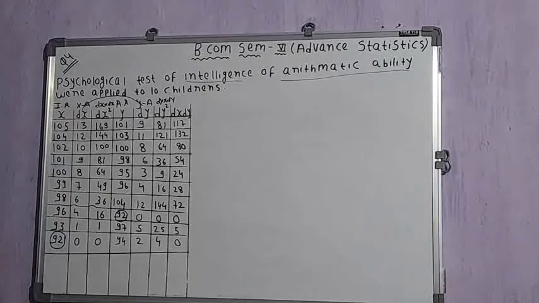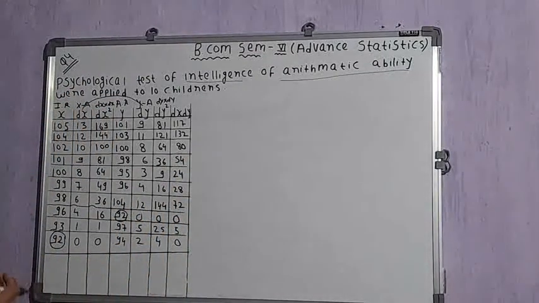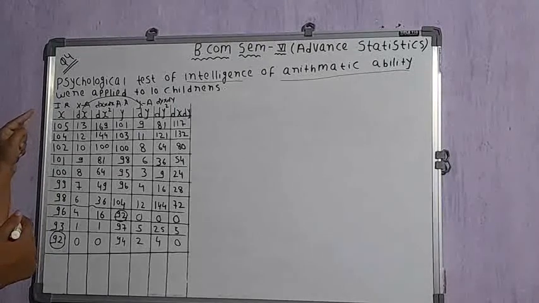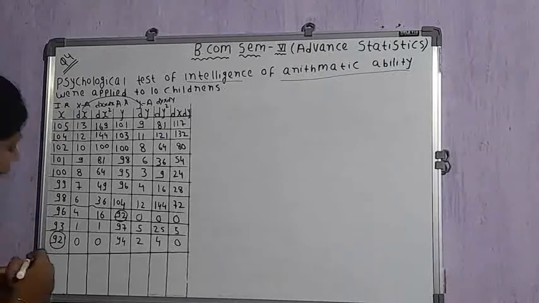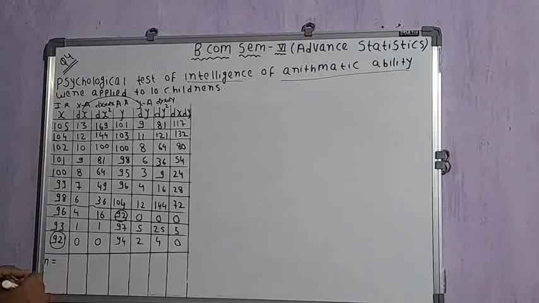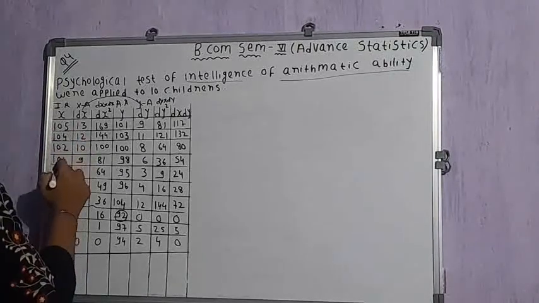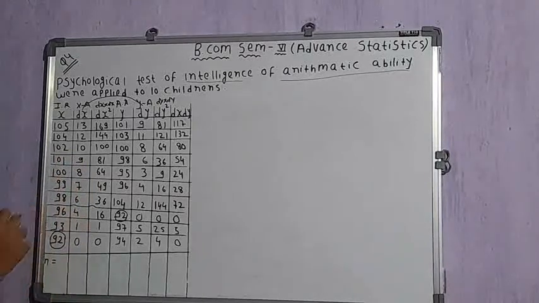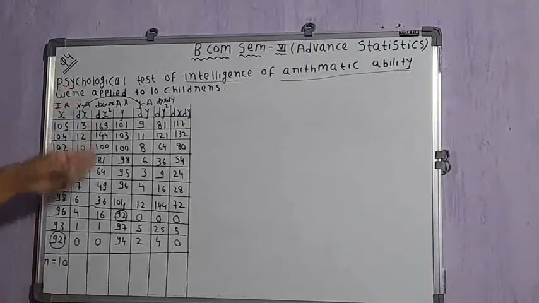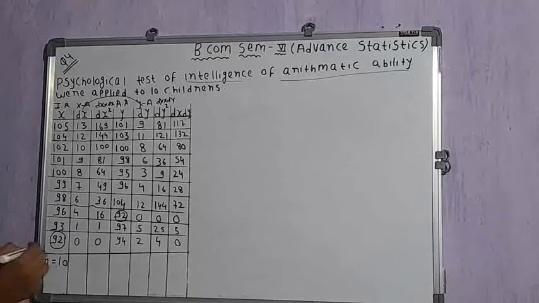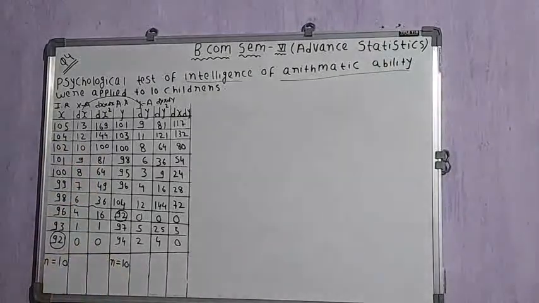Now what is the next step? We have to take the summation of all these values, because in the formula we have to put the summation of these values. In the X column, we just have to calculate the number of items, that would be denoted by n. So here n is equal to how much? We will count the items: 1, 2, 3, 4, 5, 6, 7, 8, 9, 10. So how many items are given? 10. So n would be equal to 10. In case of the Y series as well, 10 items have been given. So here as well, the total number of items would be 10.